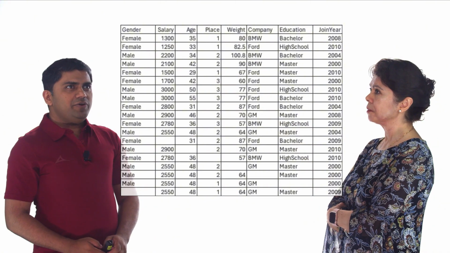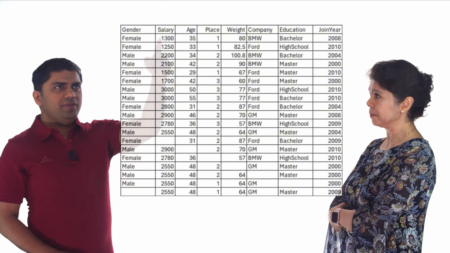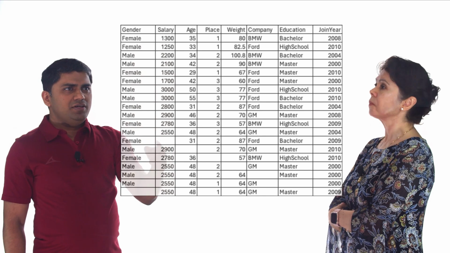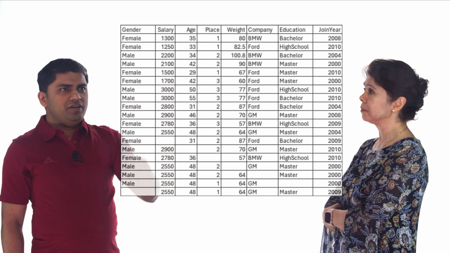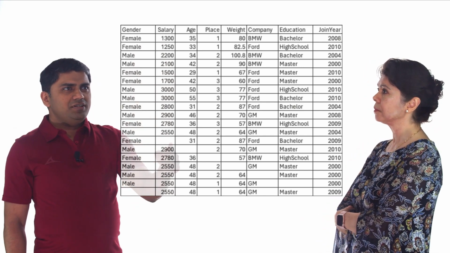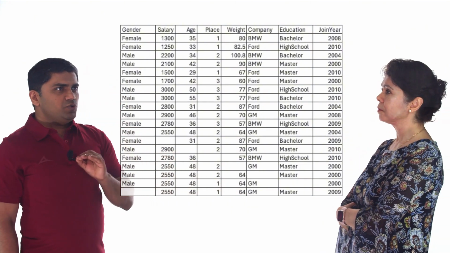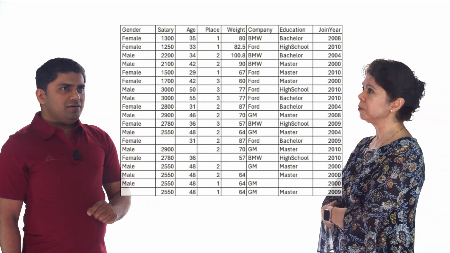Okay, so he wants to analyze the salary. He wants to predict the salary, but there is some missing information. Okay, so in gender, missing information, age. First of all, we have to have a super clean data set. What do you mean with clean?